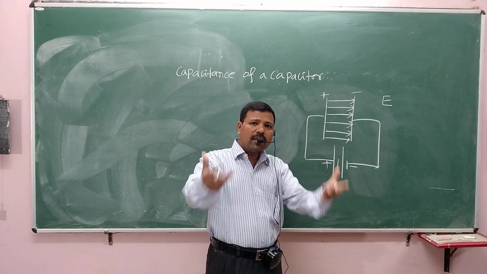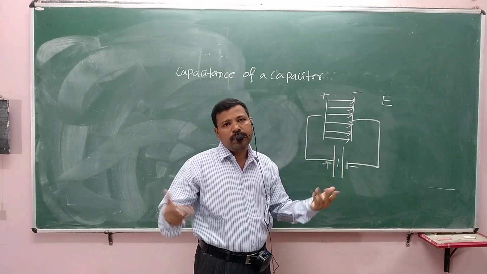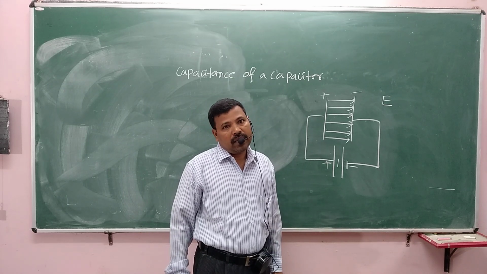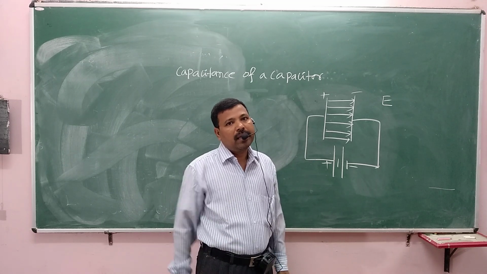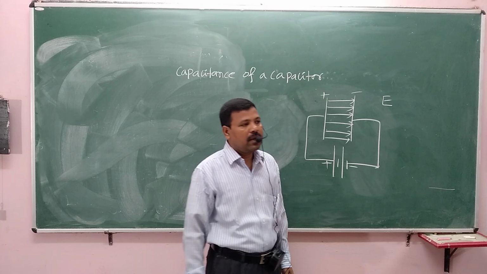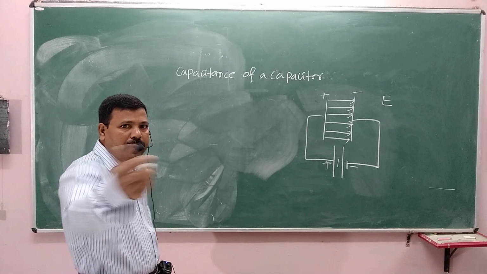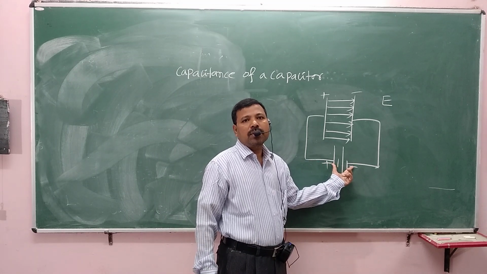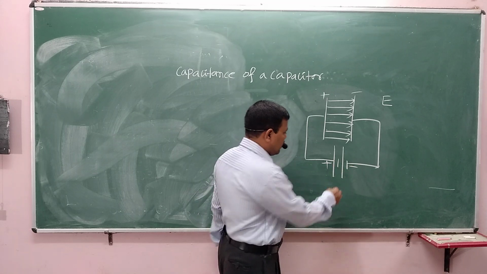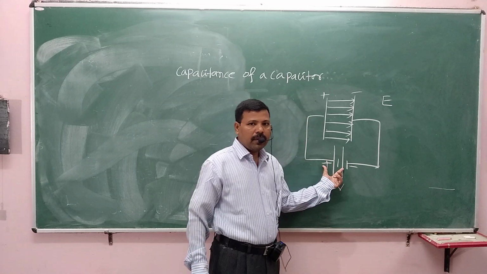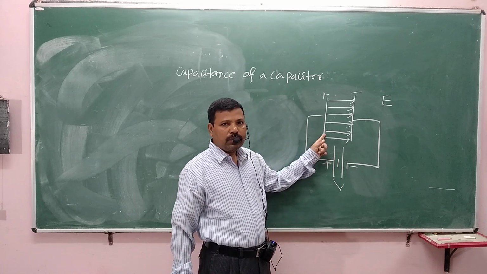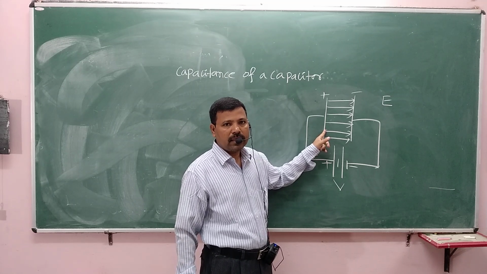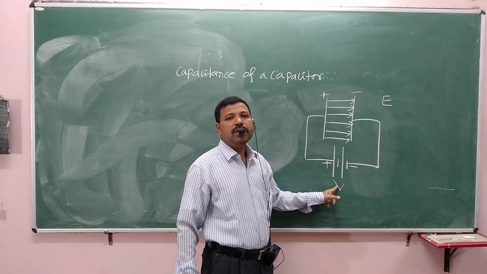What are the uses of a capacitor? They are used in amplifier circuits. They are used in many electronic and electrical circuits to store electric energy or electric charges. What is the principle of a capacitor? As you know, a battery is connected which provides the potential difference. And as you learned in the beginning of this class, the charge acquired by the capacitor depends on the potential difference.